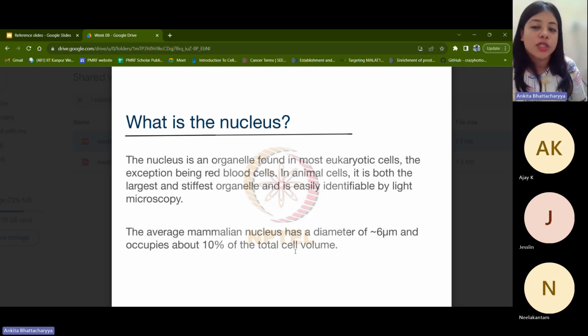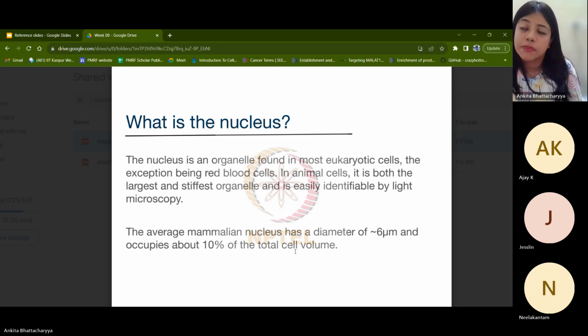Apart from that, when you go through staining procedures, of course, the nucleus is the most easily distinguishable part of it. And like it has been mentioned, it is the largest and the stiffest organelle. The average mammalian nucleus has a diameter of approximately 6 microns, and it occupies about 10% of the total cell volume, which is a significant percentage for just one organelle to occupy. But then, of course, you're already familiar with how crucial its function and its spatial occupancy within the cell is, and therefore it takes up such a large part